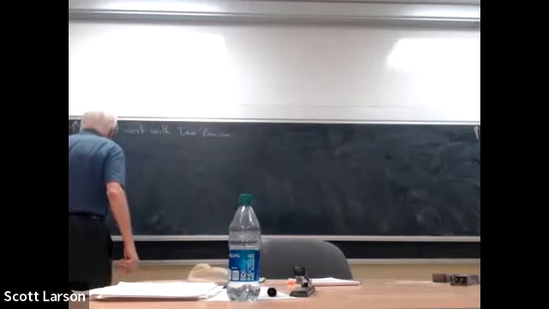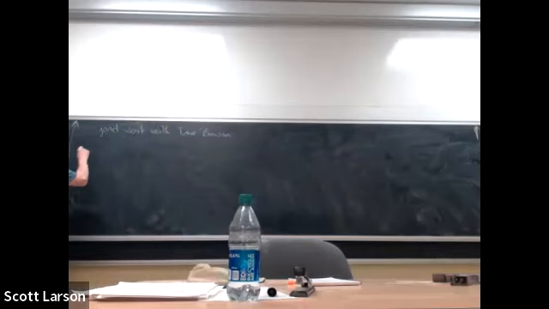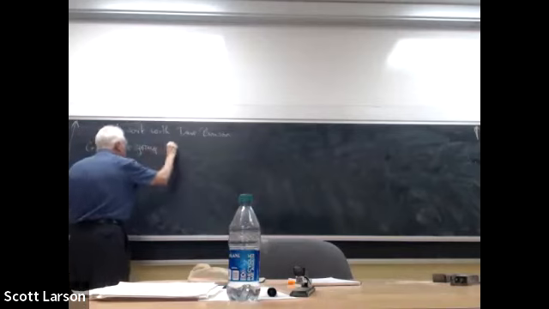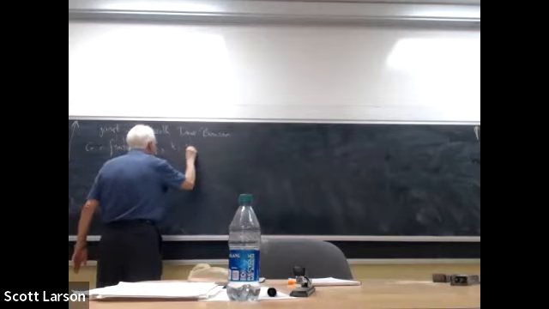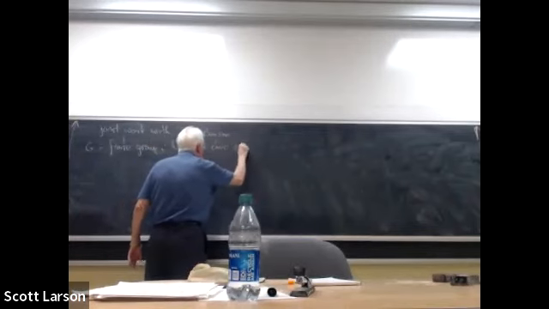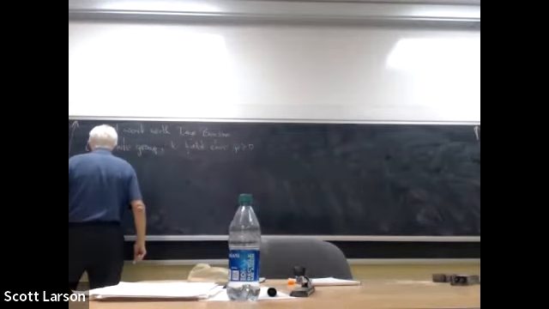If you've seen my talks, you probably know what the ground rules are. Basically, G will be a finite group, and K will be the field of characteristic p, where p is prime.